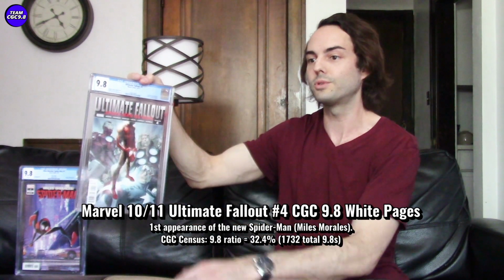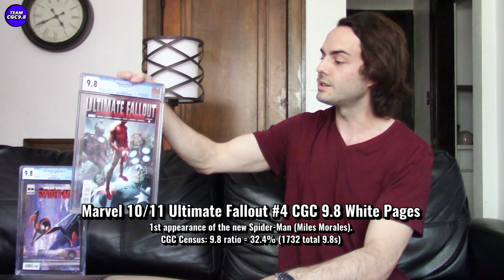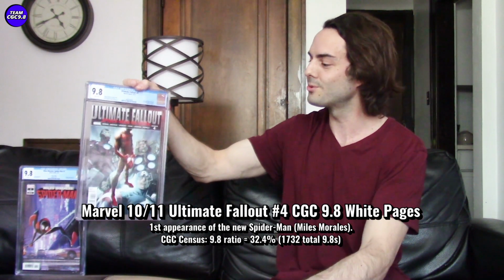in the CGC 9.8. So it makes sense that it's pretty much at the top of the barrel now, given that it is Miles Morales, the new Spider-Man. Top of the barrel of the Marvel books, I guess, but it is kind of neck and neck with Batman Beyond number 1 here. But, so concluding up here, you know, I mentioned in the intro there, like, if you